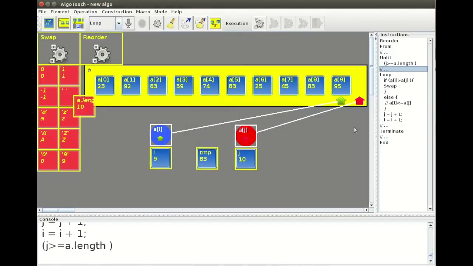So the system has generated instructions saying that we can do the loop until J is greater than or equal to the length of A.